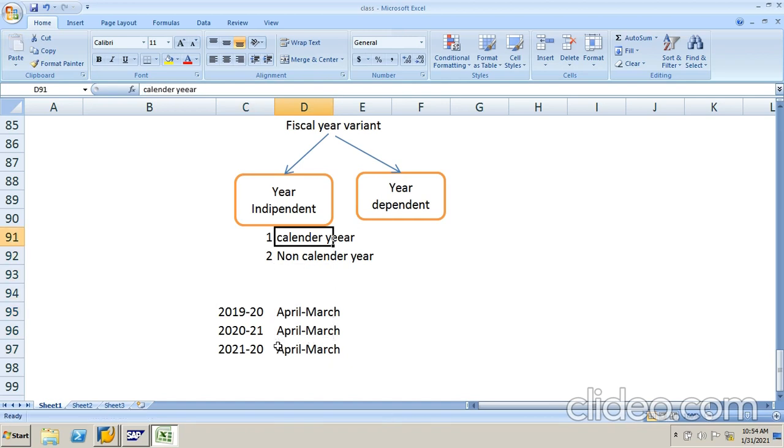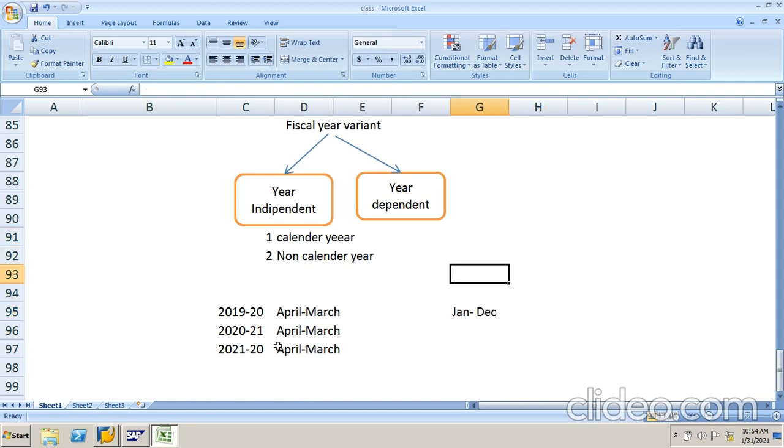Next we will see what a calendar year is. Year independent means all posting periods are the same, but again there is one more thing, which is the calendar year. As per SAP, January to December is the calendar year. Companies that follow January to December for reporting purposes come under calendar year.